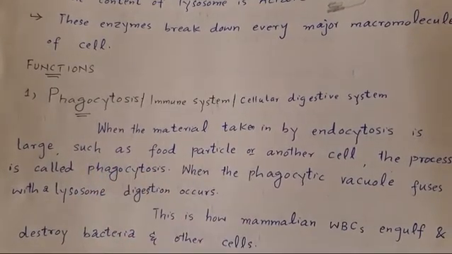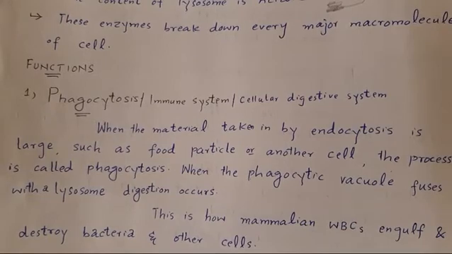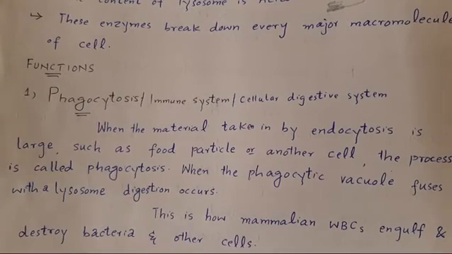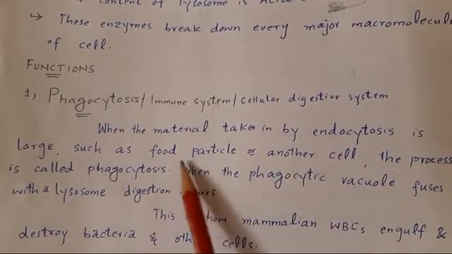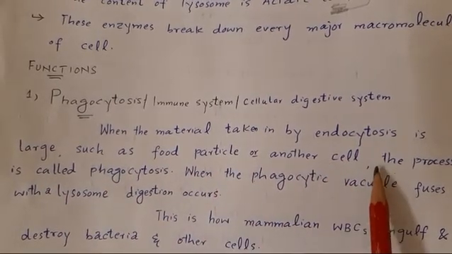You know that endocytosis is of two types: phagocytosis, cell eating process, and pinocytosis, cell drinking process. So when the material is solid, it is called phagocytosis or cell eating process, and when it is liquid, then it is called pinocytosis or cell drinking process. So when the material taken in by endocytosis is large, such as food particle or another cell, the process is